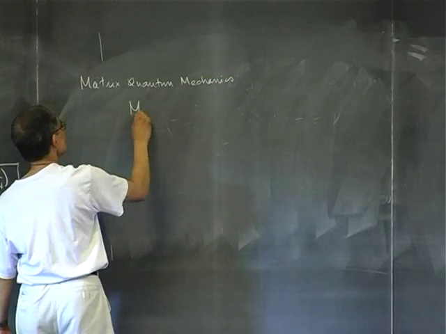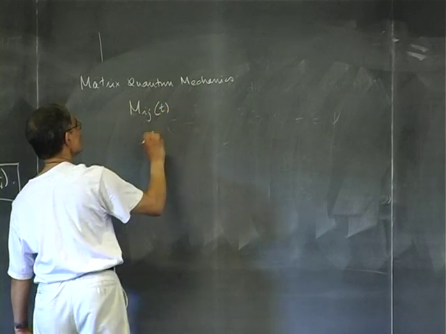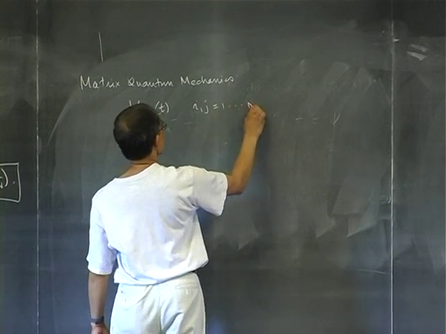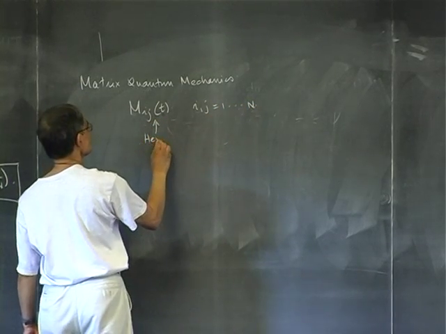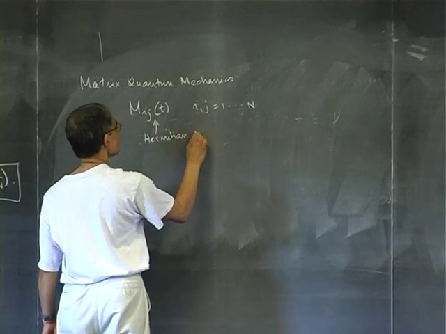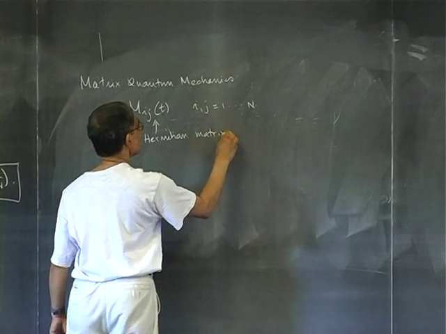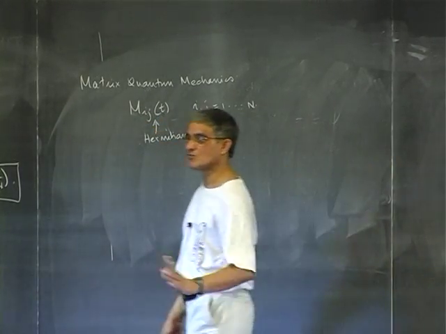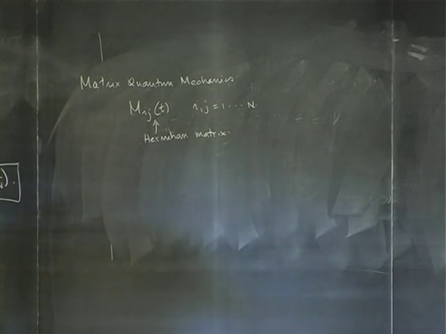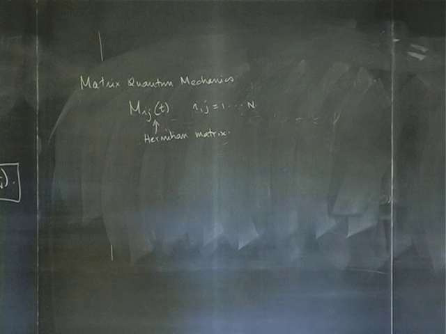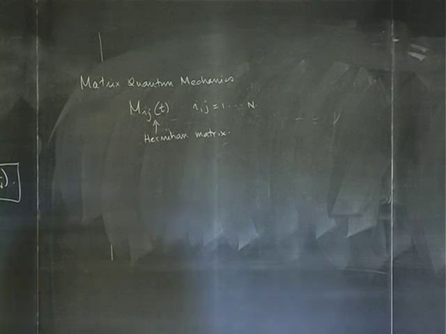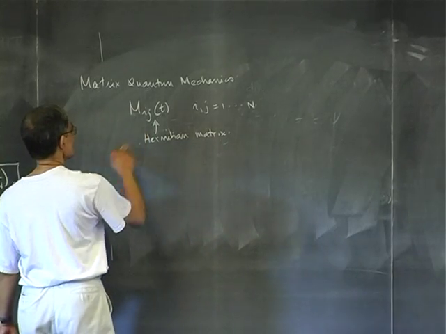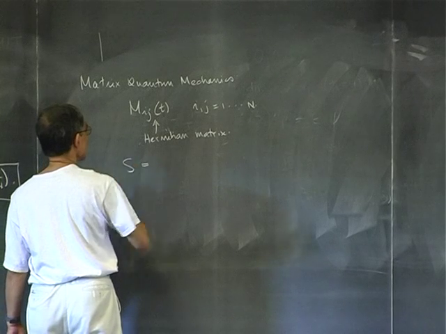So what you have is the dynamical variables, a single matrix which is a function of time. So i and j run from 1 to n. This is a Hermitian matrix. And as Shotto has been explaining how to deal with such matrices, if you ask what is the natural symmetry which works on these Hermitian matrices, it's the unitary group, U(N). And so I can write down an action